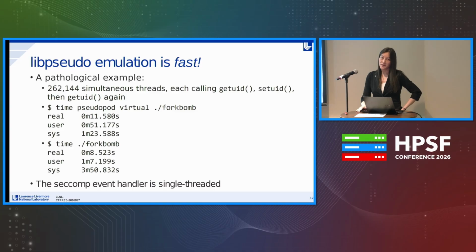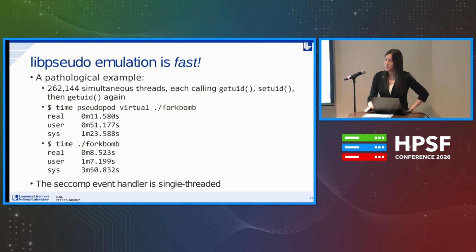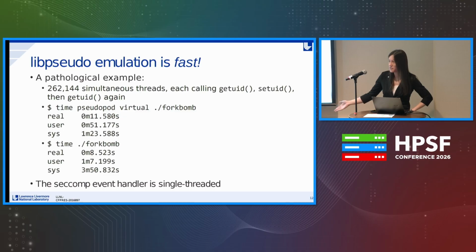So ordinarily, when you think about using ptrace and any kind of thing like that to emulate system calls, we think that this is going to be really slow, because traditionally it is really slow. But when we use seccomp to target the exact system calls,